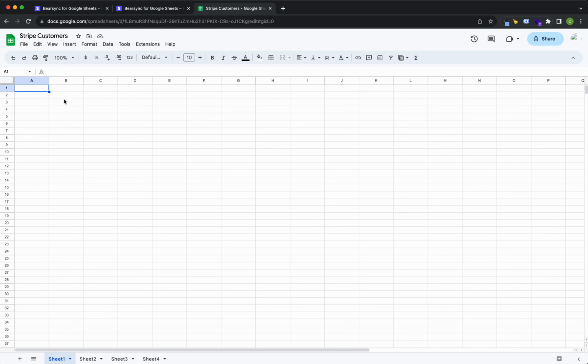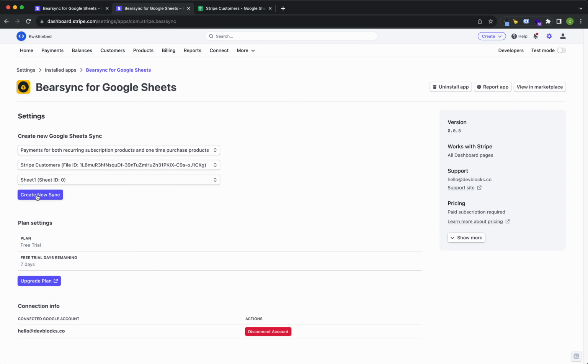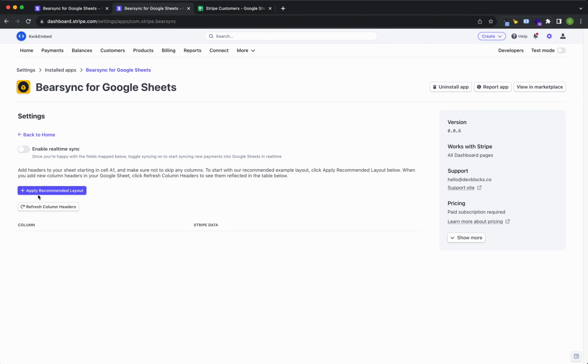And you need to select a blank sheet to set up the syncing. So just keep that in mind. And then just press create new sync. So from here,